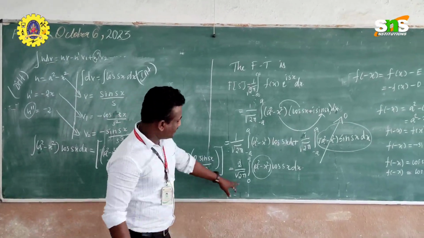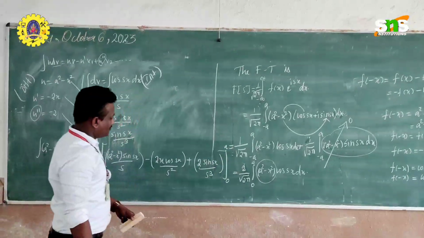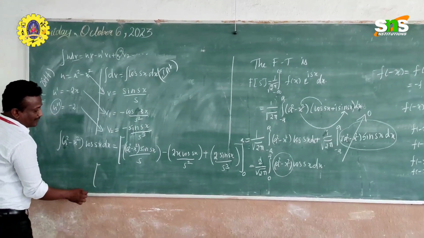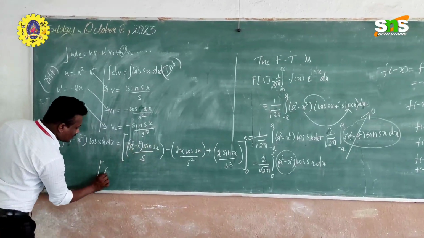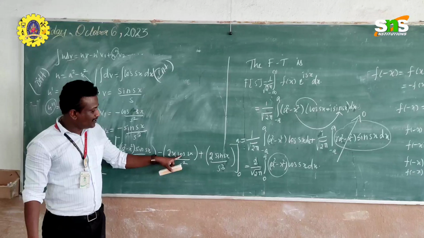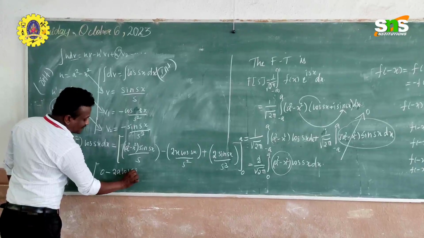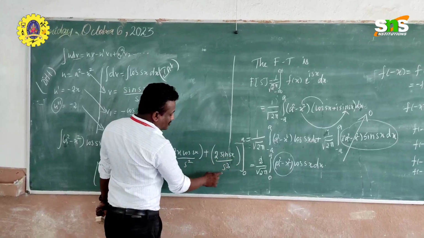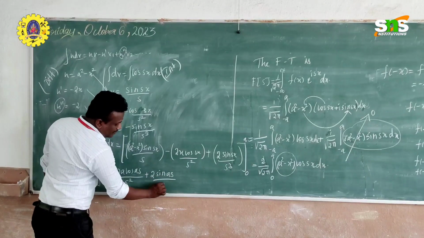Now what is the limit in which range you are integrating? 0 to a. So now substitute the limit value 0 to a. So now first upper limit, then lower limit. I am going to substitute. First upper limit, it is a square minus a square is 0, 0 into anything, 0. Let us come to the second part, 2 into a. So here what is the answer? 2a cos as divided by s square. Then here what is the answer? Plus 2 times sin as divided by s cube.